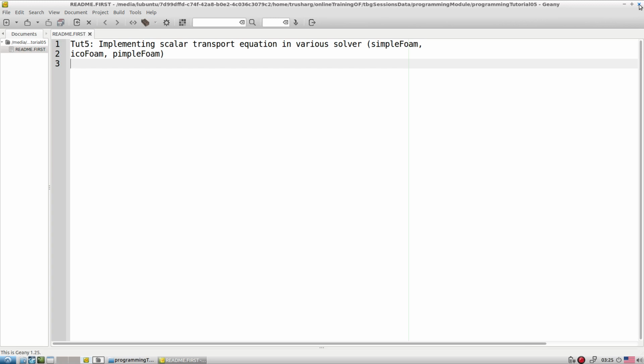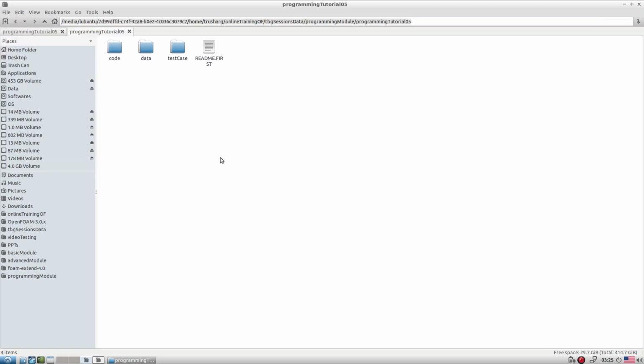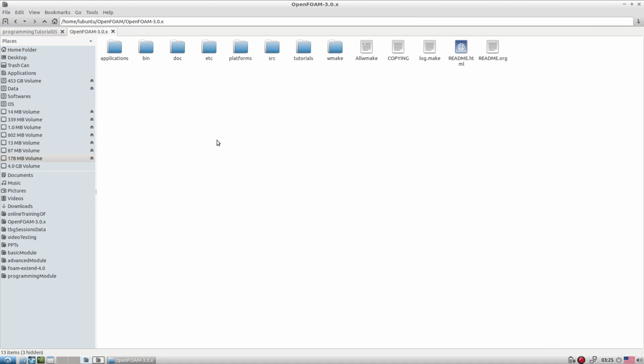Before we start our development, first fetch the template from the existing location. When I say fetch the template from the existing location, what I mean is: go to the area where OpenFOAM is installed. In that, go to the applications area. All the solvers are available here. Let's say you want to develop some new solver. First identify the most relevant solver for your application, pick up that solver and then start developing your new solver. That is the idea.